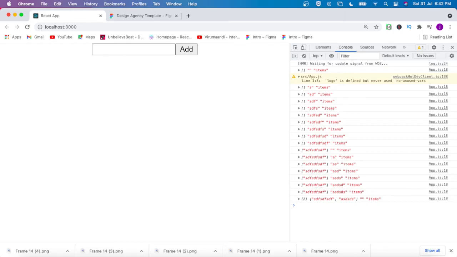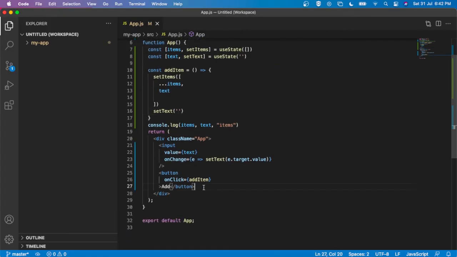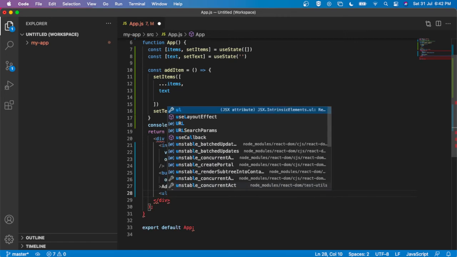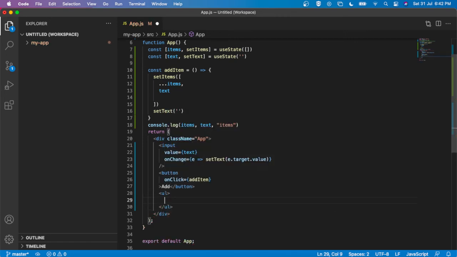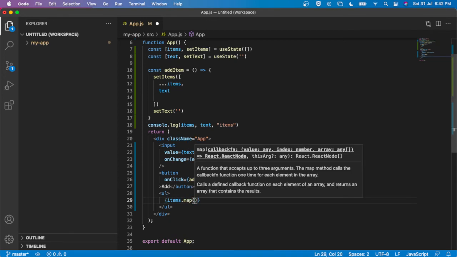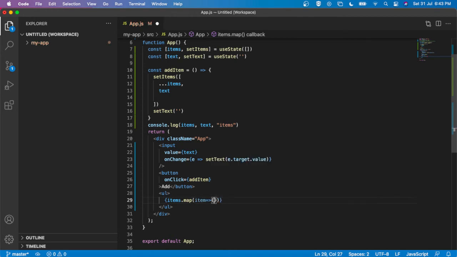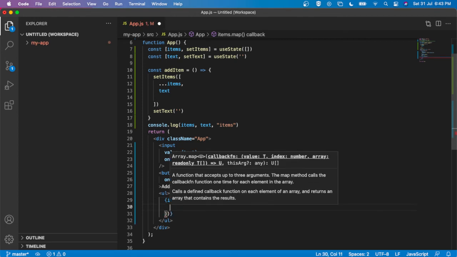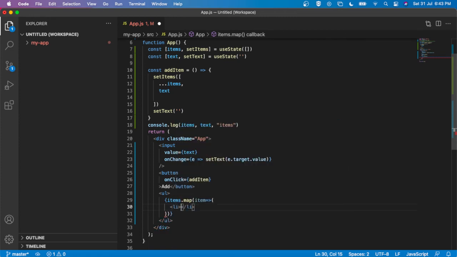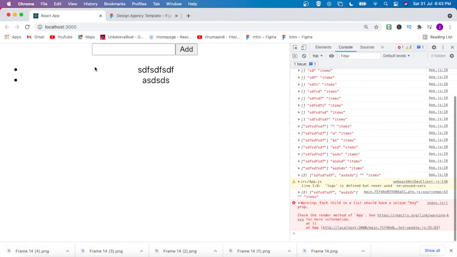So if I want to print that array, we can have a printing here. So I am going to map that array here. I am just using UL. Here I am going to map that array. So my array is items dot map. Now I am going to take item here. Then I am just adding a return, or we can have a bracket here. Inside this I am declaring li. Inside that li I am just adding my item. Clear? Now if I try to refresh, let's see what's happening.